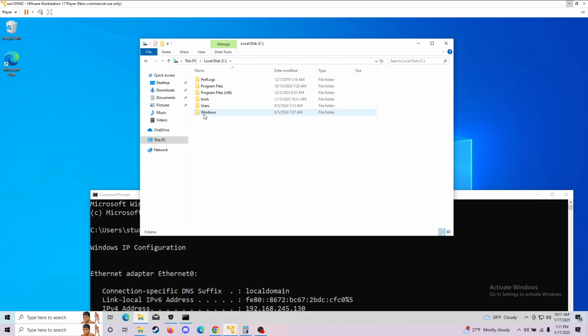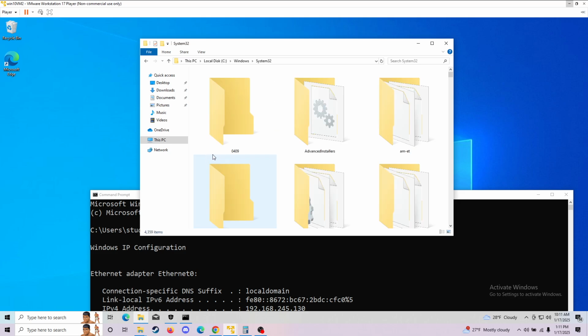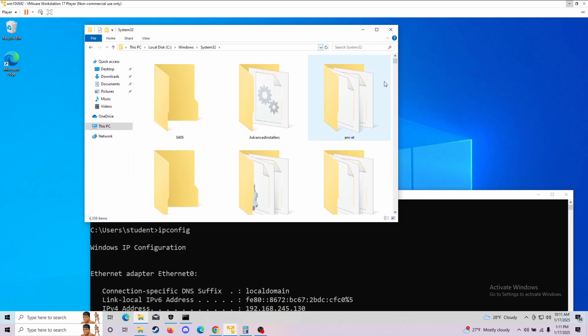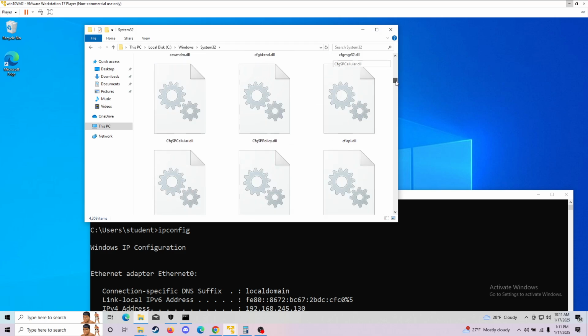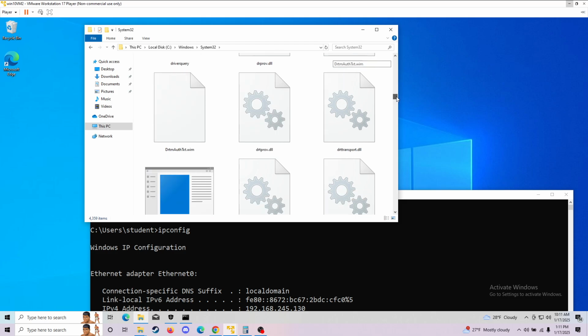In C:\Windows\System32 is where a lot of Windows administrative files and folders live, as you can see. You can see just the total number of DLLs that are here. We are going to be using one called rundll32.exe. There are other similar files or executables or applications that are native to Windows that can be used to